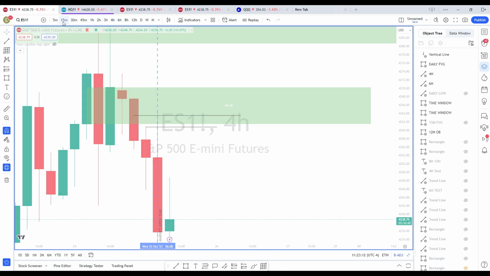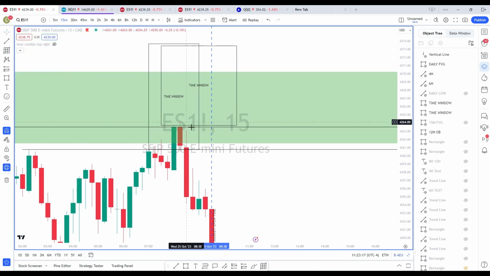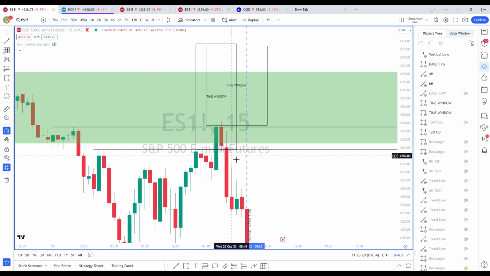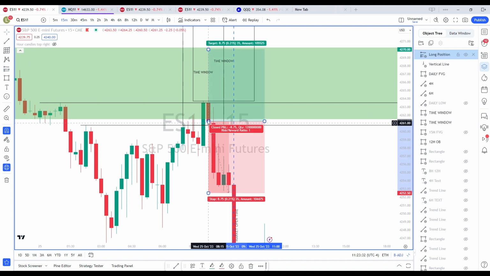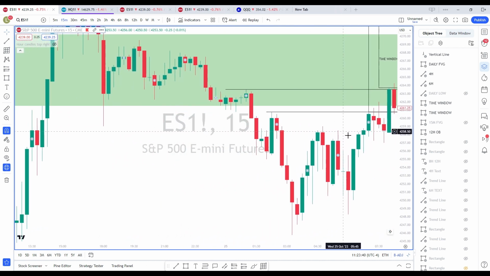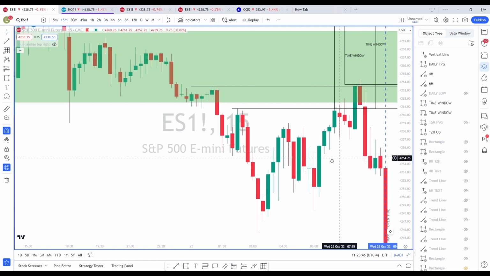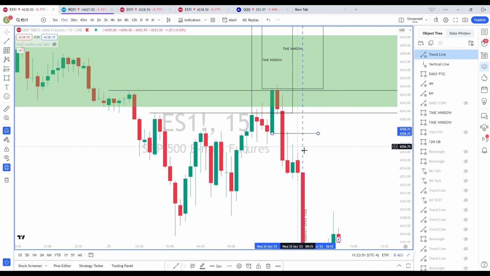So my idea was that anytime you test this 4-hour or this 6-hour and come back, I am considering this as manipulation. So I took a shot here when I saw this on the 15 minutes. But right now I wasn't sure, because think about this: everything matches, time window and everything. Now here you can have a consolidation and continue going up. But then when the price came here, that's when I added to my position.